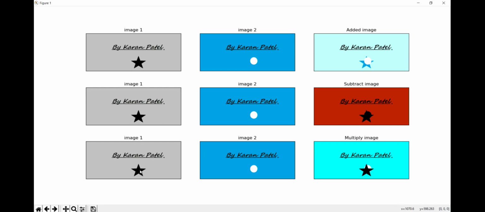Let's take a look at the multiplication of the images. It's a black star, a white hole, and it's kaboom. In the addition section the hole is dominating, and in the multiplication the star is dominating. Let's see how this happened. Whenever I move the cursor, it's 0 and 255, so it's obvious that 0 multiplied by 255 is 0. That's why the star is dominating, and apart from the star side, the 255 is dominating. So obviously the hole is in the background.